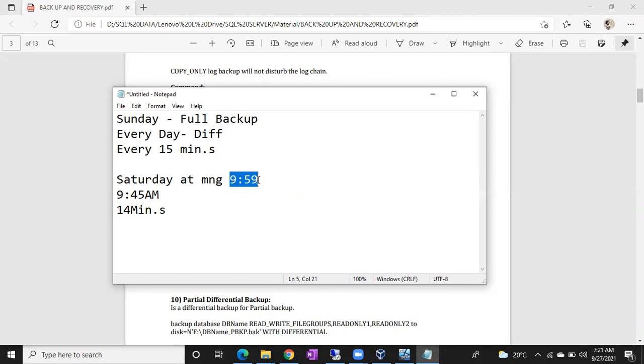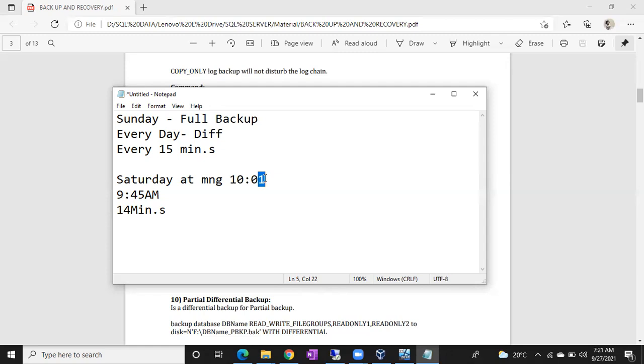After taking the log backup you can corrupt, then I can use the recent log backup. You can even see here, if your database is corrupted at 10:01, in that case also you are going to lose 1 minute of data, right? So data loss is there. Okay, 1 minute, 2 minutes, that doesn't matter. Loss is loss only. So how can you achieve this one?